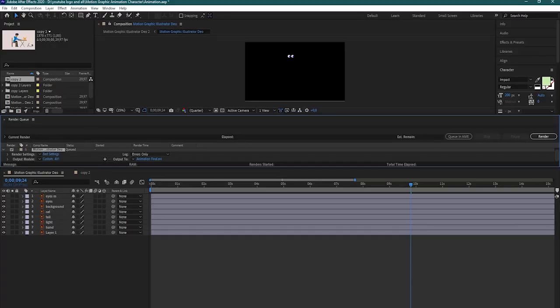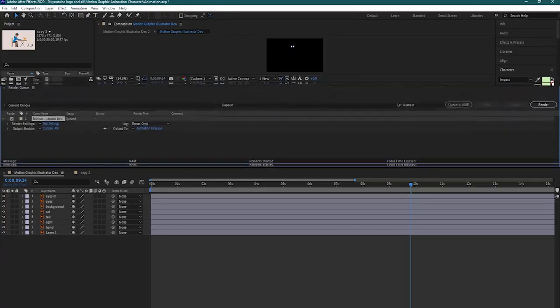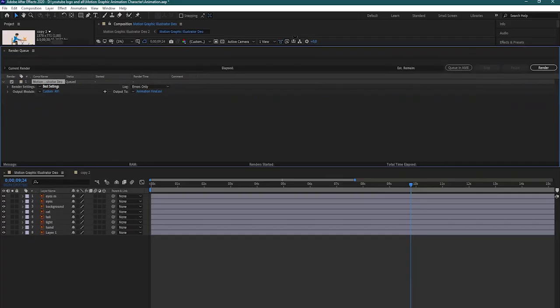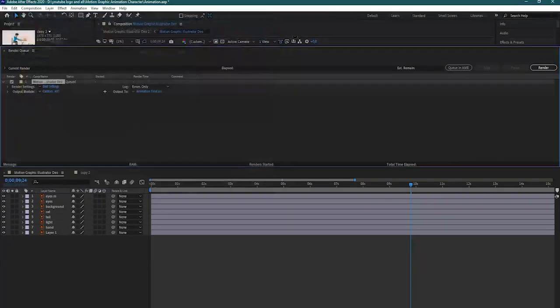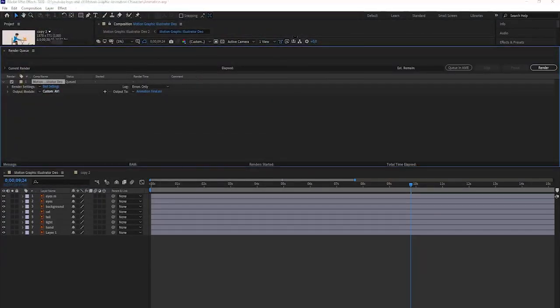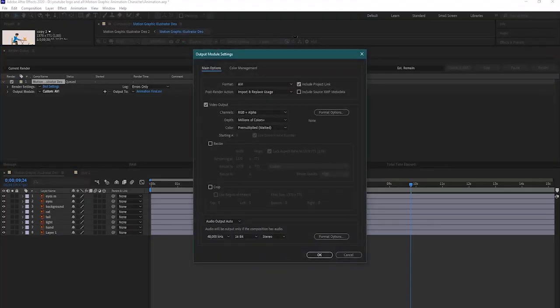Now you have, I don't know why it is so scooched right here. So output 2, you can click on it and change output. Output module, again you can change it also. I'll change it to